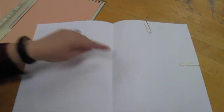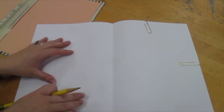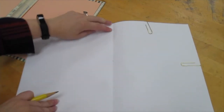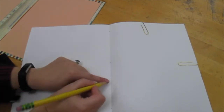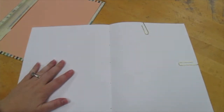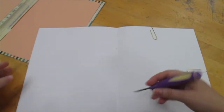Now we might have rulers, or you can eyeball it, but we want to put 1 dot in the middle of our sketchbook, or 1 hole, and then we're going to go maybe an inch in on each side, and then we're going to do 2 last dots in between the ones we made. So I should have 5 dots in total. Take the awl and poke holes